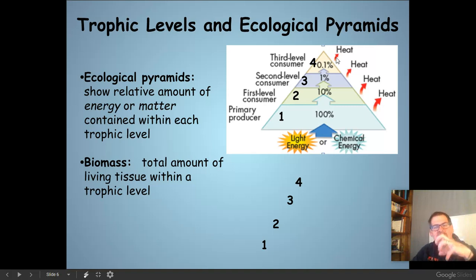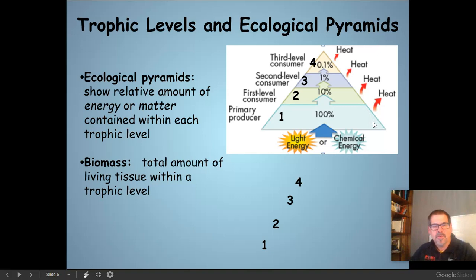There simply isn't enough energy. You can never sustainably have more lions than zebras. Because if you have more lions than zebras, all those lions are going to eat those few zebras, and then that whole ecosystem is going to collapse. So this is why it's called a pyramid, of course, because with each successive level, it gets smaller and smaller and smaller.